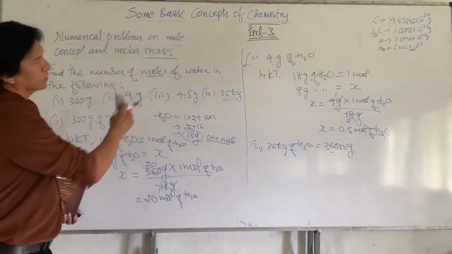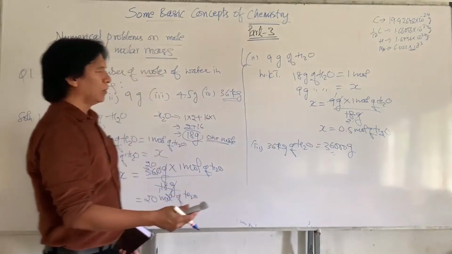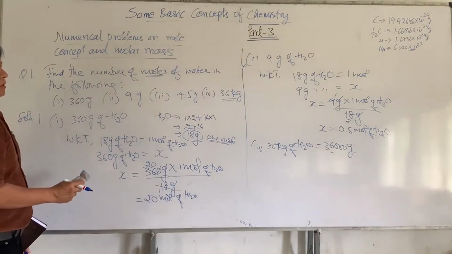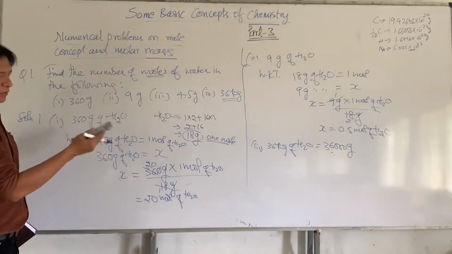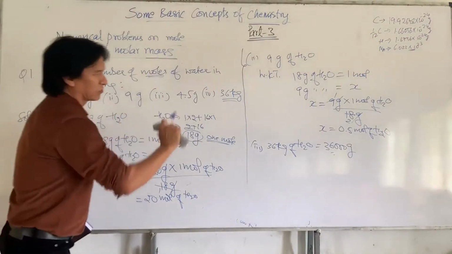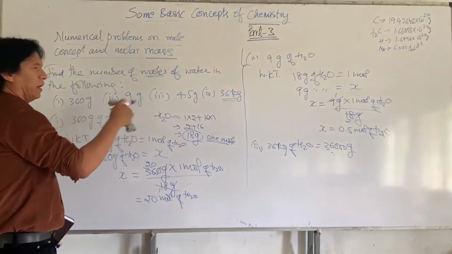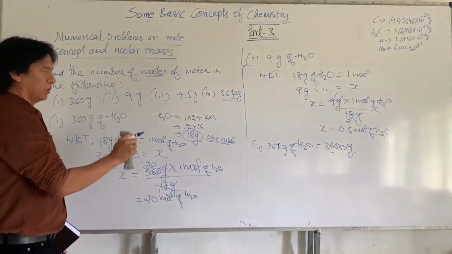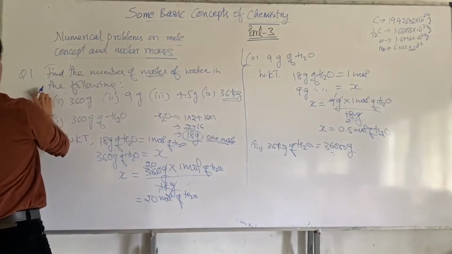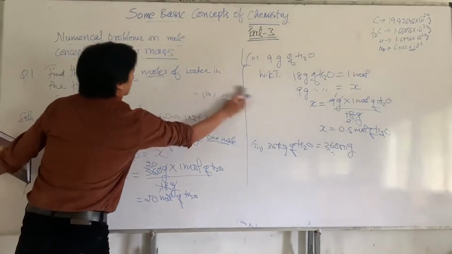That's how you can work it out. So finding the number of moles of any compound or any element is very simple. What you will do is divide the mass of the given substance by its molar mass, and then you can easily find the number of moles. That's it. Now the next question is